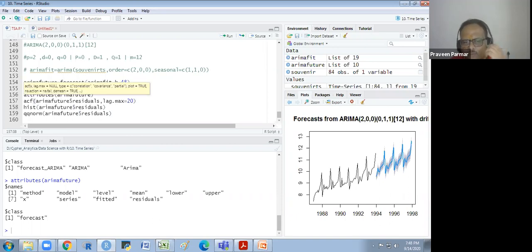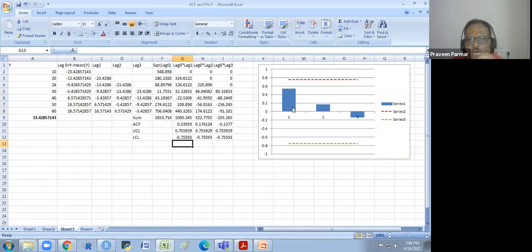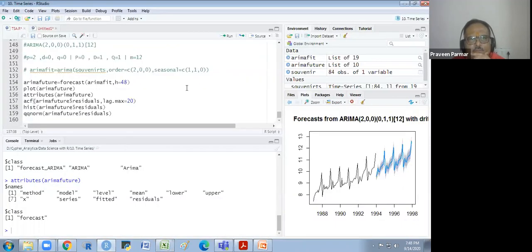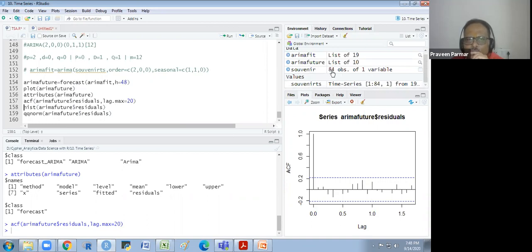As we have taken in the example 3 lags only here, lag 1, lag 2, lag 3, there we are taking 20 lags. You see these are the 20 lags, and everything is under control. So this ULC, if you see, it is 0.2, more than 0.2. For how many observations do we have here? If you see the observations, there are 84 observations.